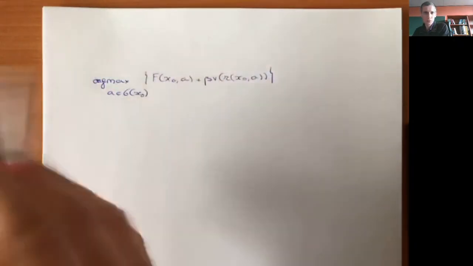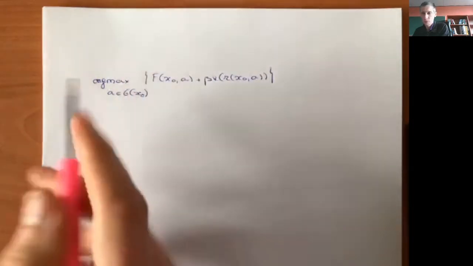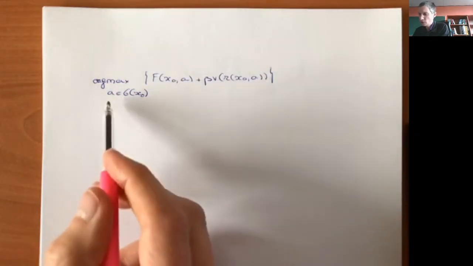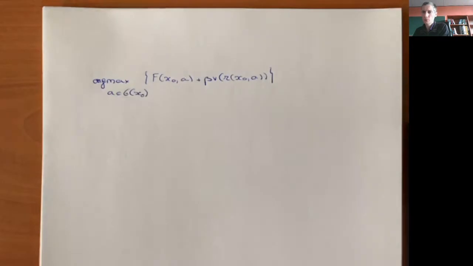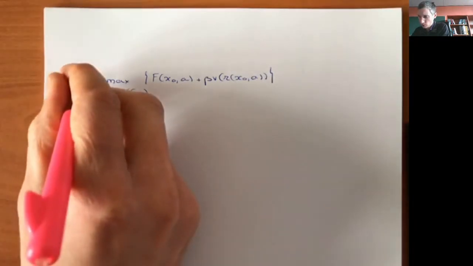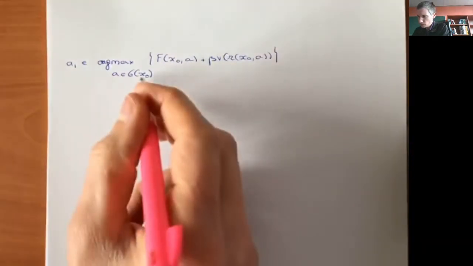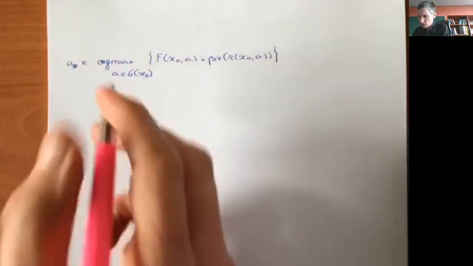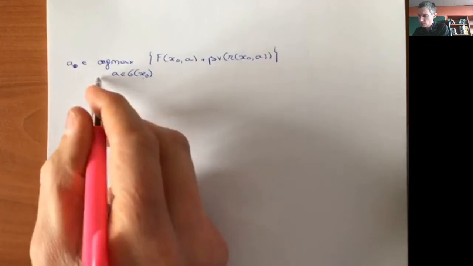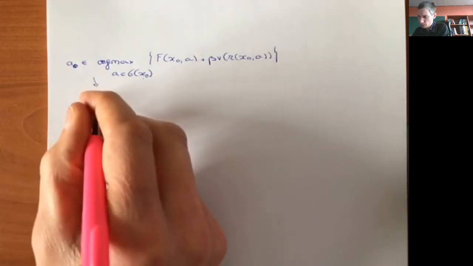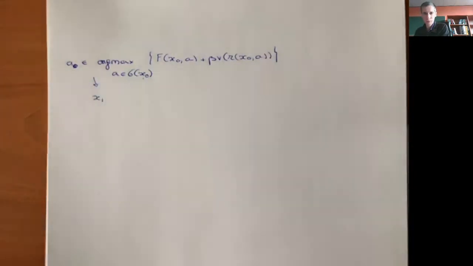Because everything here is continuous, upper hemicontinuous and lower hemicontinuous correspondence and so on. So one of the solutions, we're going to pick just one of them and we're going to call it A0, right? A0 together with x0 is going to give us x1, and then